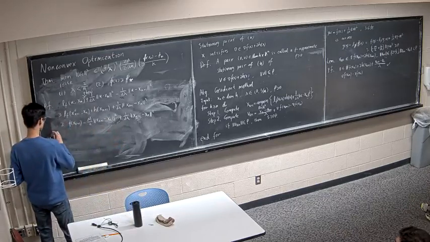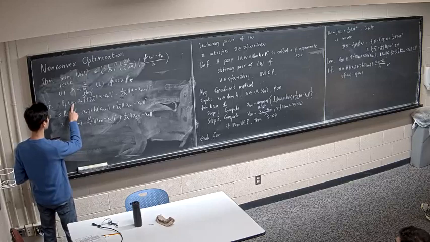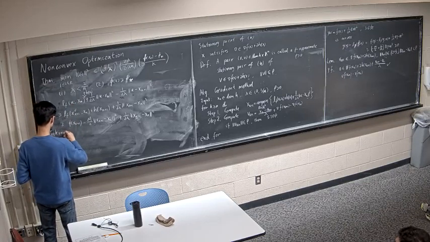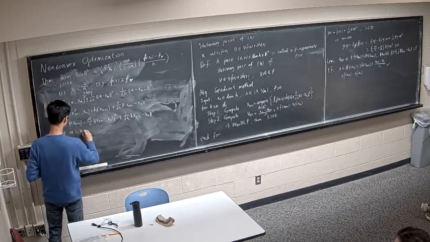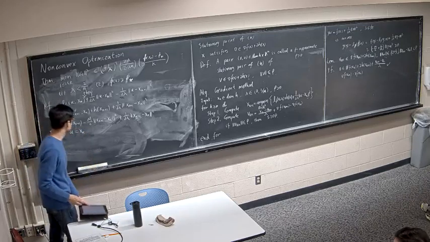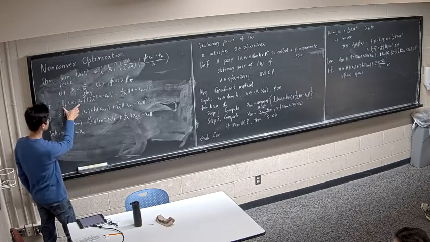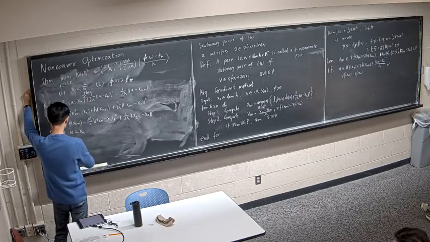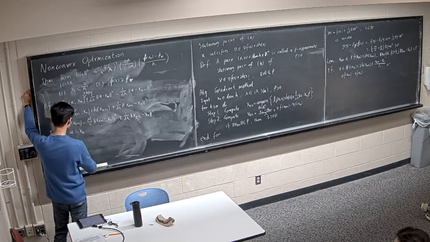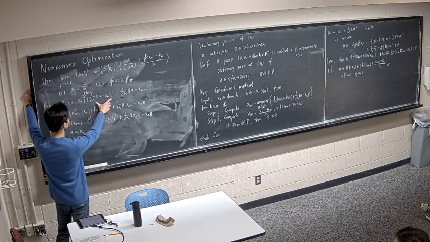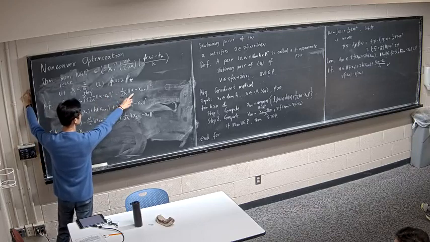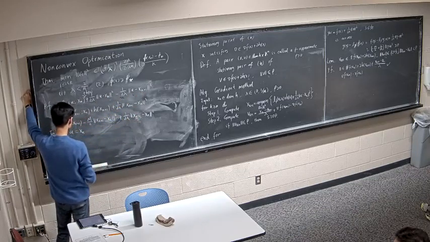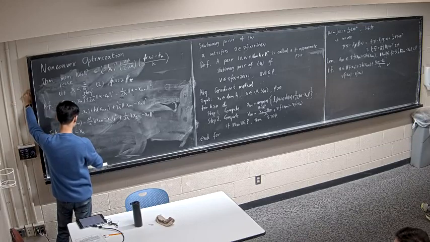Okay, and now let's take this u to be xk. If we take u to be xk, this becomes f of xk, this is h of xk, so the sum is phi of xk. Right, and this one goes away. This is xk minus xk plus 1, which is the same as this one. So we get